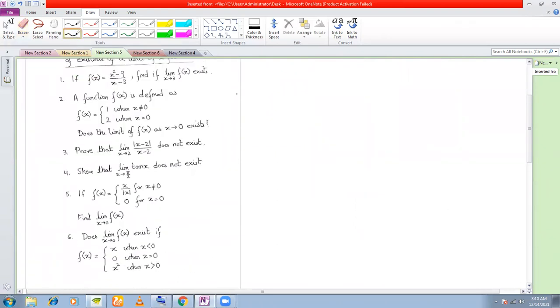Next is number 2. The question here is a function f(x) is defined as, so given here f(x) is equal to, what kind of function is this? This is a piecewise function, right? Okay, this function is given. The question is, does the limit of f(x) as x tends to 0 exist? Okay, so you need to check